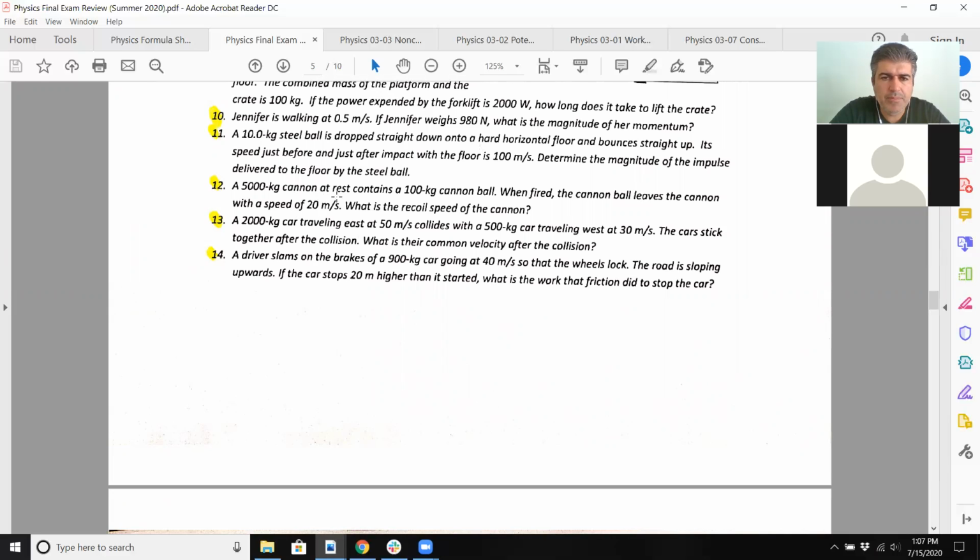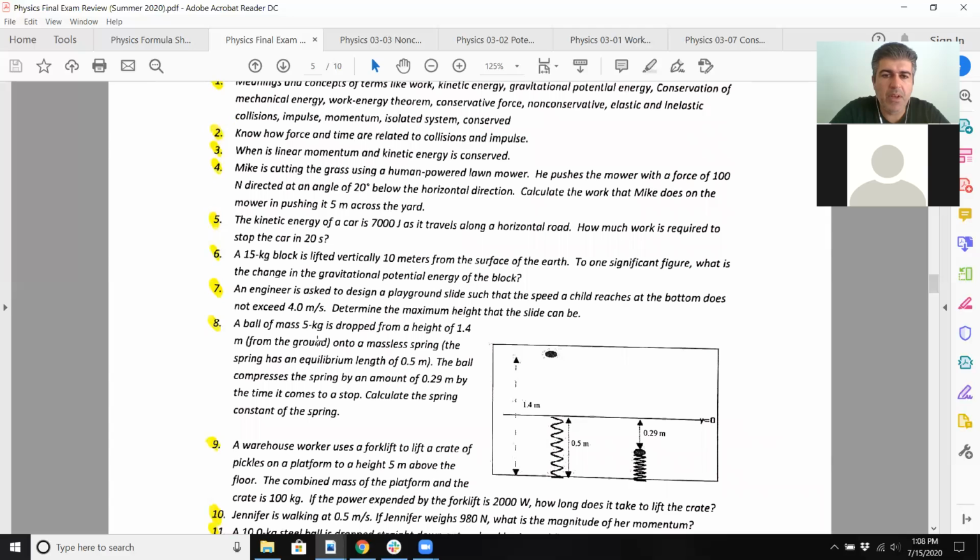12, yeah, you should be able to do conservation of momentum there. Likewise at 13. And then the car slams the brakes. Yeah, you're going to be doing a conservation of energy in this case here, and you have a non-conservative work, which is the friction. So anyway, I'll have you guys do